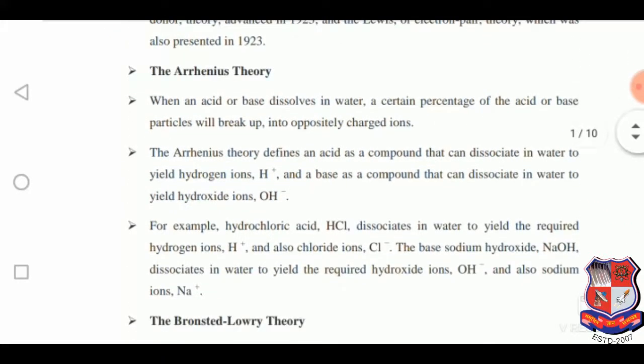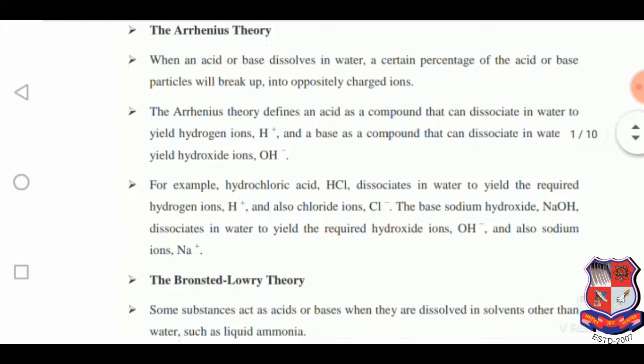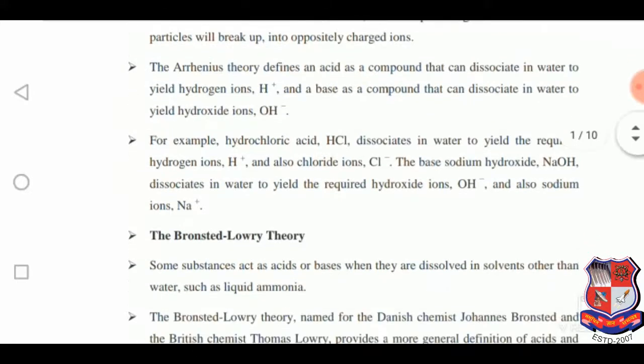Arrhenius theory. Now, what is Arrhenius theory? When an acid or base dissolves in water, a certain percentage of acid or base particles will break up into oppositely charged ions. The Arrhenius theory defines an acid as a compound that can dissociate in water to yield hydrogen ions, H+, and a base as a compound that can dissociate in water to yield hydroxide ions, OH-. For example, hydrochloric acid, HCl, dissociates in water to yield hydrogen ions, H+, and chloride ions, Cl-. The base sodium hydroxide, NaOH, dissociates in water to yield hydroxide ions, OH-, and also